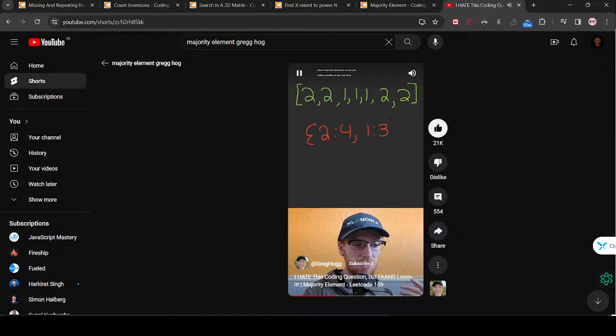We saw 4 2s and we saw 3 1s, so we'd return the max element, which is 2. This solution also uses O of n space. Can you do it in constant space? The trick is